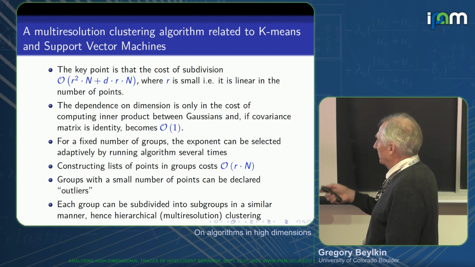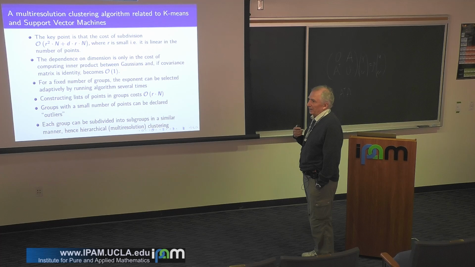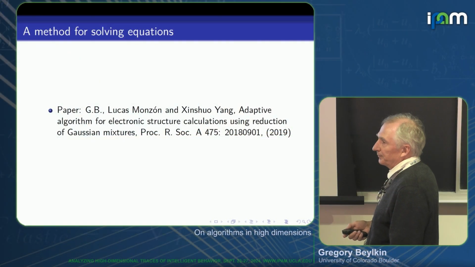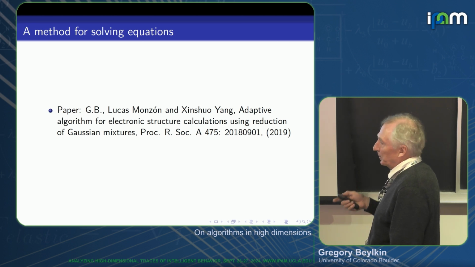So you can do multi-resolution clustering, you can find outliers. This needs to be written, I think. But it may have been done, I don't know. So if somebody knows a little bit more about it, please let me know. So this is the paper where we used it for calculations. Basically that was 3 dimensions, but we were using Gaussian mixtures. There was no discretization. It's just one algorithm that was run.